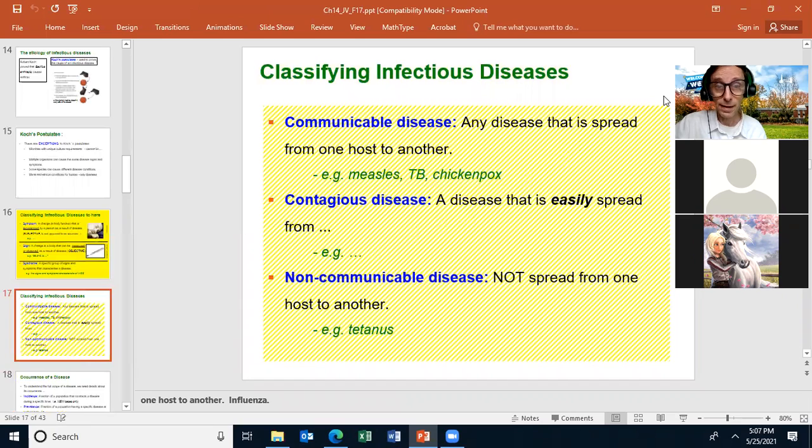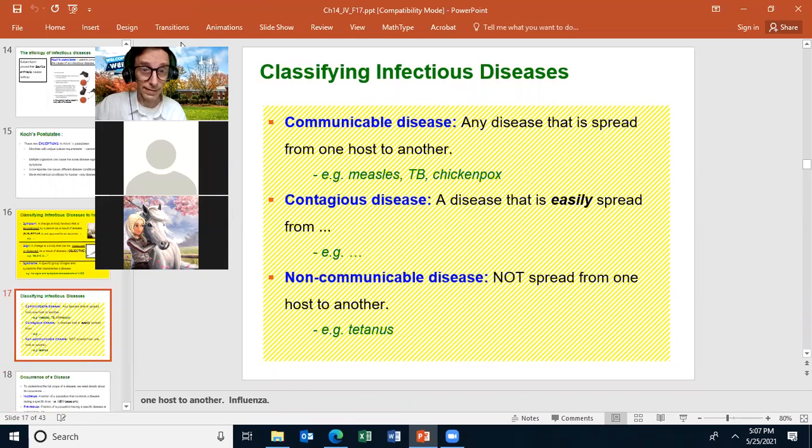So let's talk about how we can classify infectious diseases. You can have communicable diseases. Those are a disease that is spread from one host to another. And in this class, we are concentrating on communicable diseases because most infectious diseases are communicable, because that's why they're called infectious. And communicable diseases tend to be